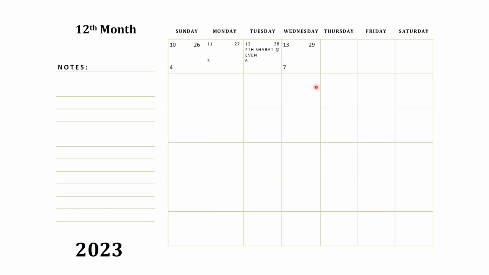Once you got it in, we hit enter 2 or 3 times to see how our numbers are riding up right there. Like I say, don't worry about that. In the final, when you print your calendar, it's going to be right. But I don't know what's wrong with this program. Anyway, we have our days trailing each other, and this was our last Shabbat for the 11th month. This box here.